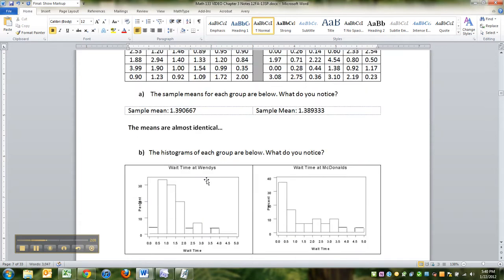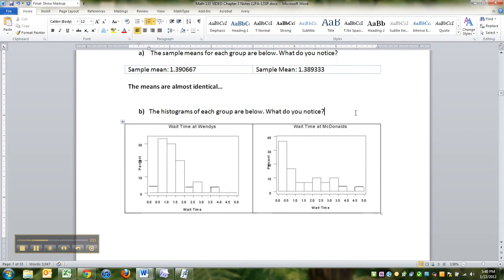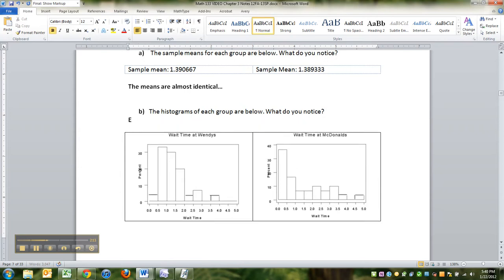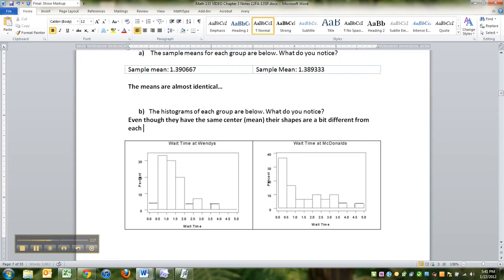Okay? So the histograms are below. What do you notice? Well, even though they had the same center, i.e. the mean, their shapes are a bit different from each other. They're both skewed right, but it appears as if McDonald's has a little more spread